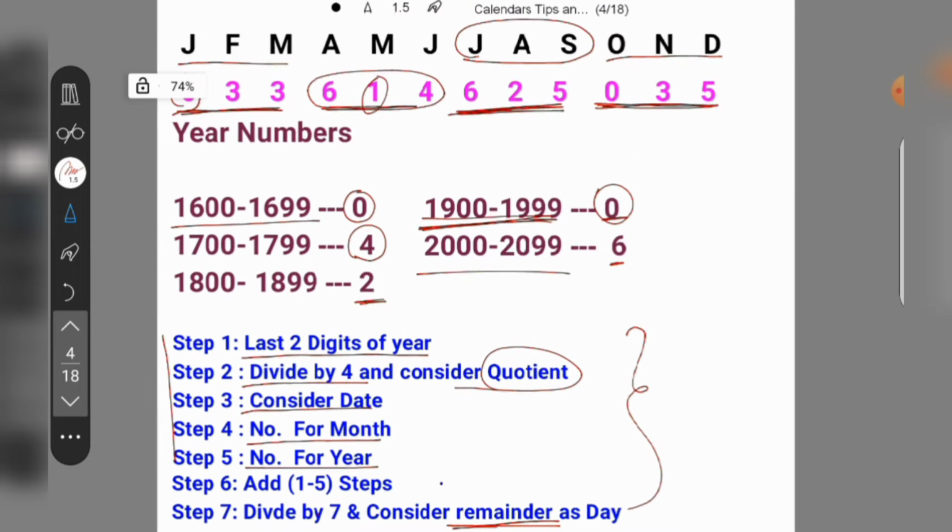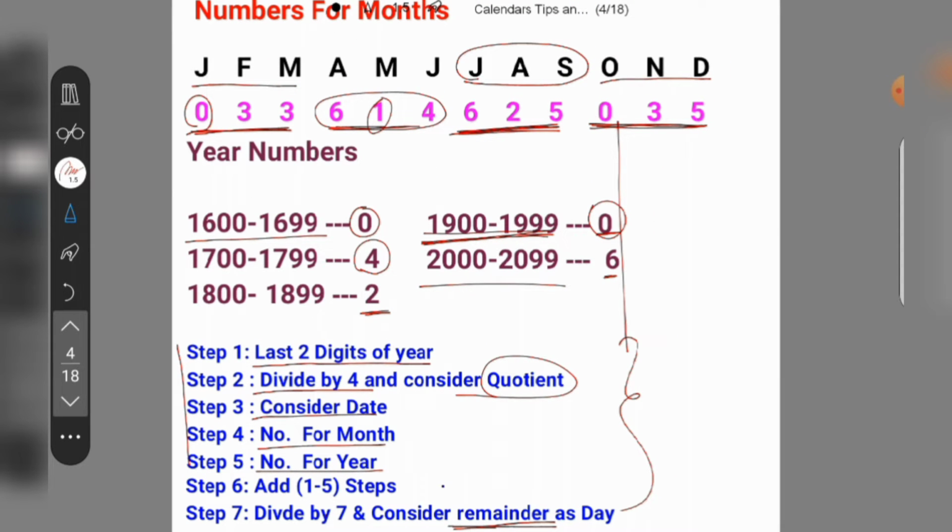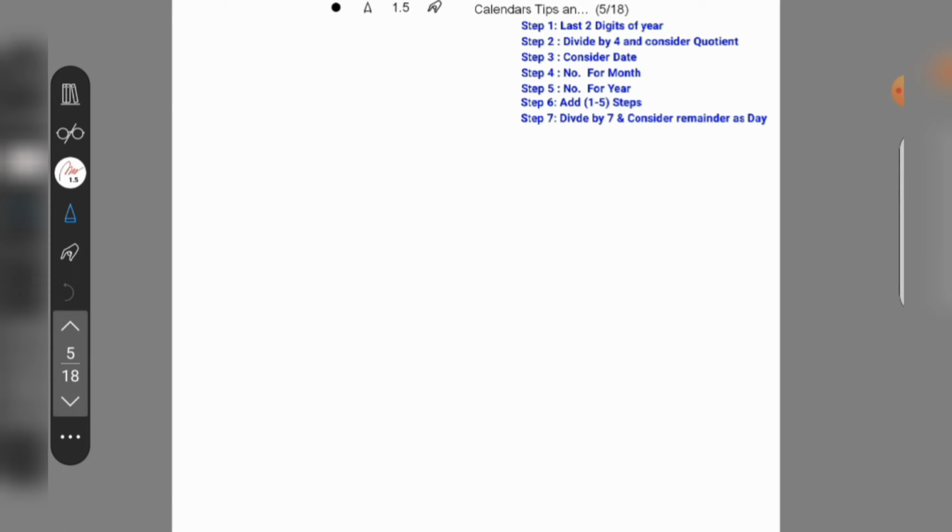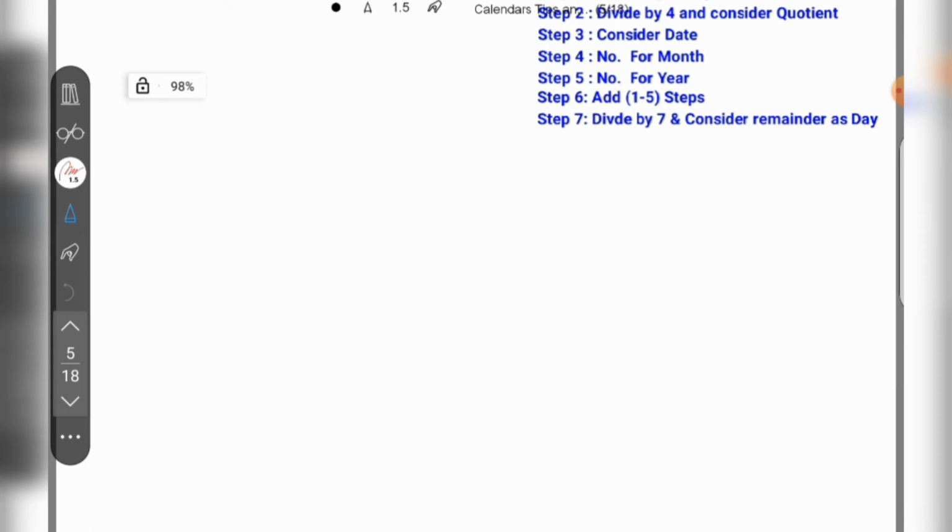So till here you understood, right? Let us see some examples here. Let us for example consider, let us take something like Jan 29, 1979. It's not a leap year, it's an ordinary year. In this video I'm going to discuss how to find the day of a particular date. So if you want to find the day for Jan 29, 1979,